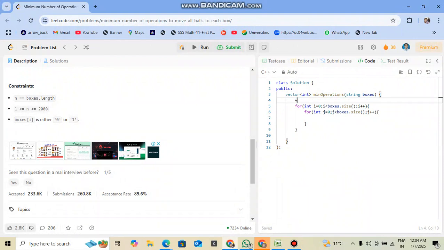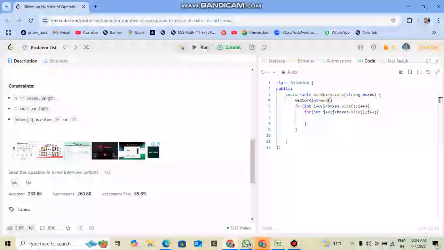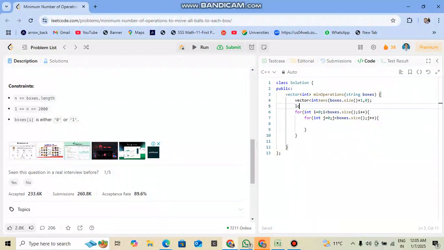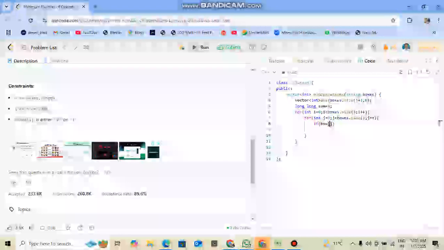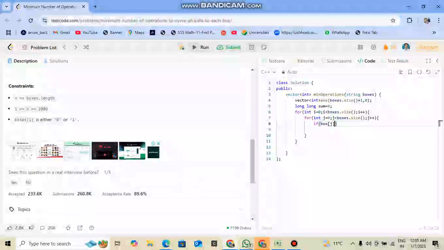Let's declare one vector called answer, in which we make a full vector of zeros. Take one sum variable with value 0, and now if our box has a ball, then only we can do our operation.